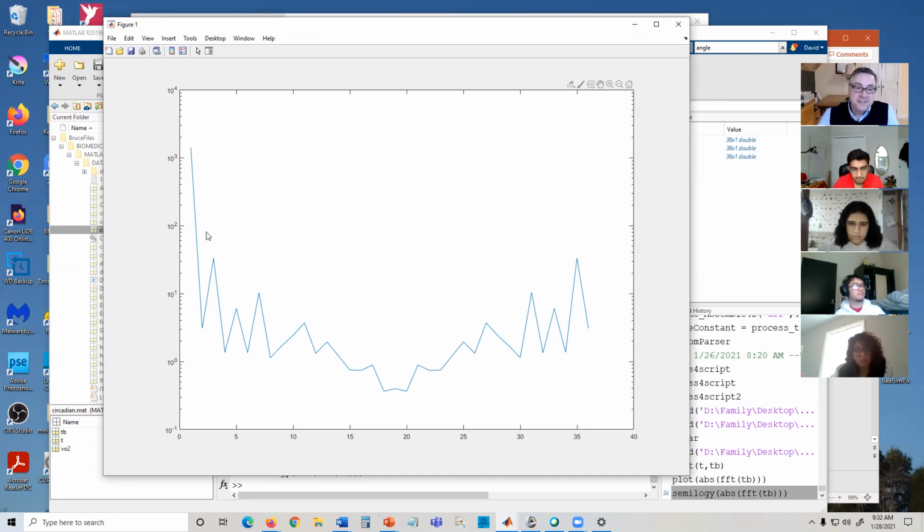So the next highest element is MATLAB index 3, which is frequency 2, completes 2 cycles over the recording period. The recording period was 48 hours. So that is a 24-hour cycle. And that was the first one that we did the approximation with. The next one